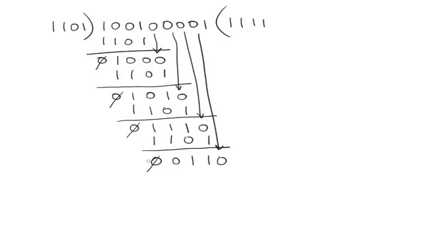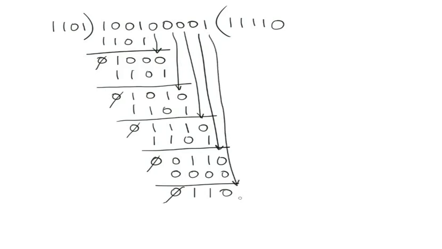Discard the first 0. The first bit is 0, so put a 0 here. 0 multiplied by 1101 is all zeros, 0 0 0 0. This is 0, odd number of ones is 1, odd number of ones is 1. Discard the first 0 and bring down the next bit, that is 1. So we have the first bit as 1, so put a 1 here.